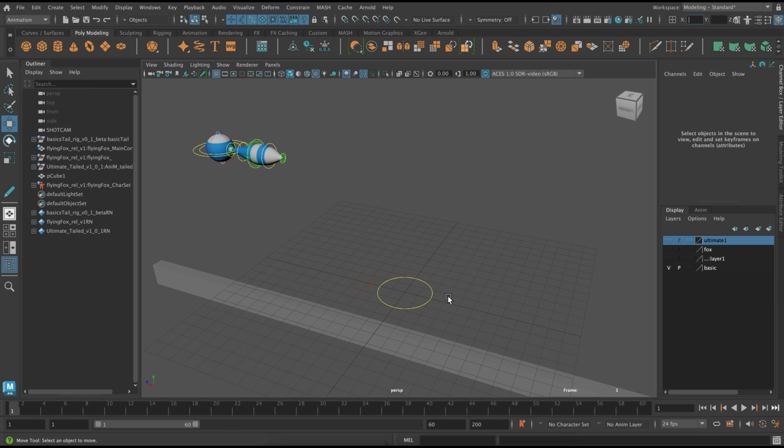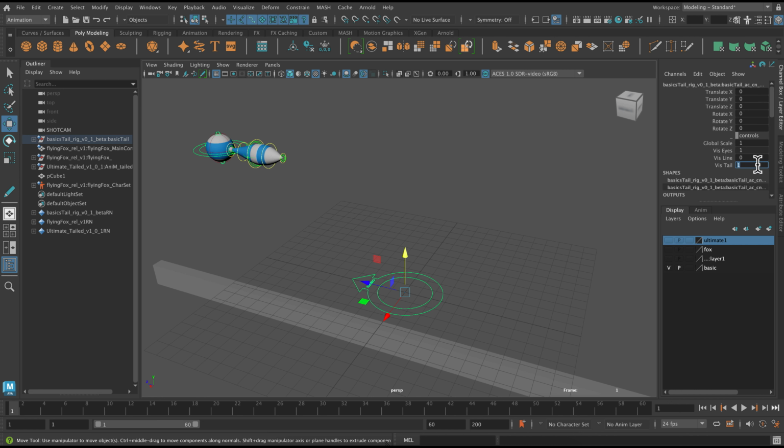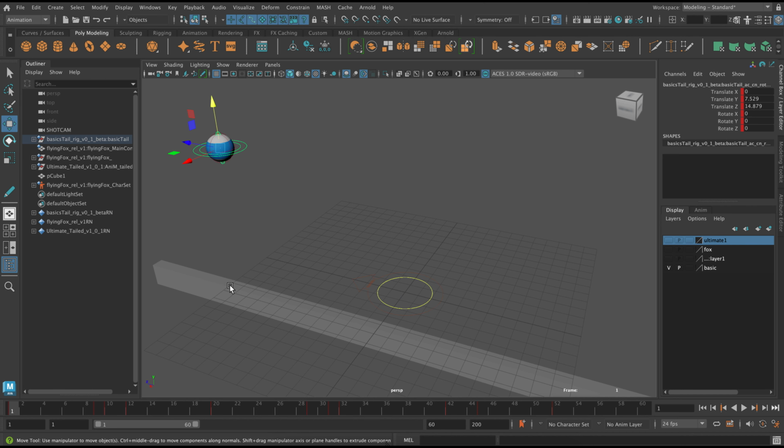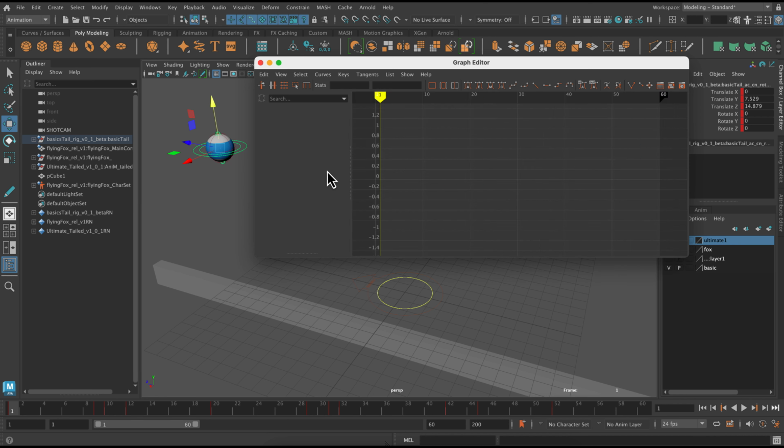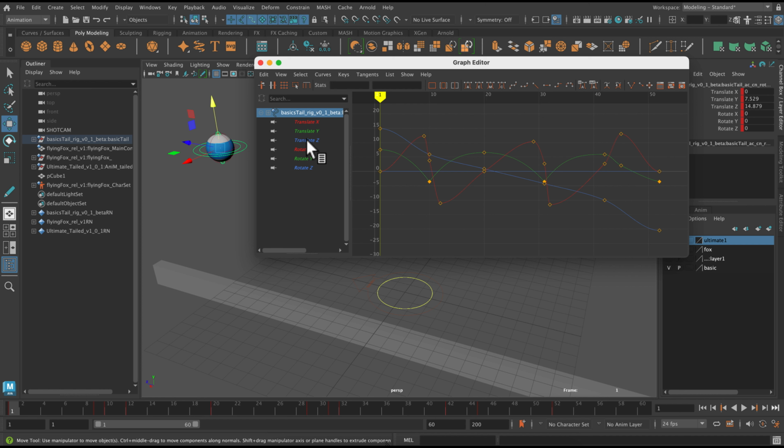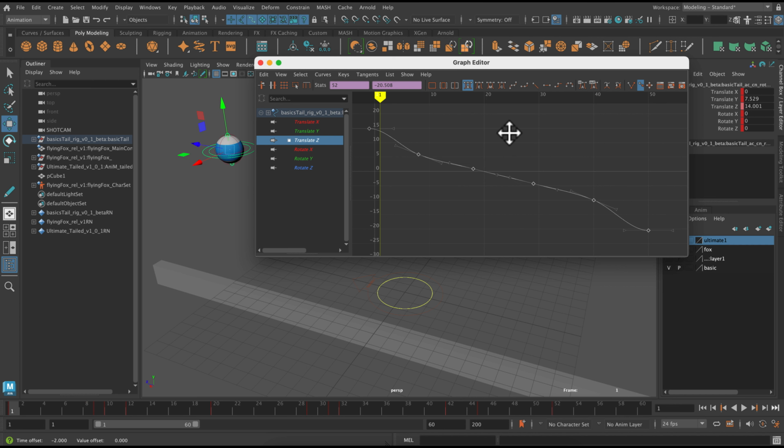What we're going to do is select that ground control, and I'm going to turn off my tail's visibility, and turn off the eyes as well. This will just make it easier to adjust the keyframes. Then I'm going to go to Windows, Animation Editor, and my Graph Editor, and I really just want to work on my Translate Z at the moment. The rotation, I'm probably just going to fix manually, but if I click and drag and select all of my keyframes, I can actually use the scale tool, middle mouse button